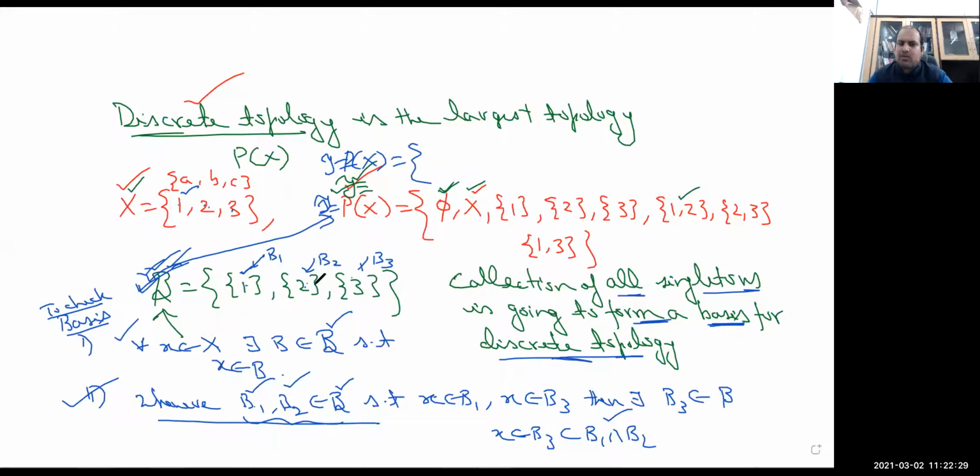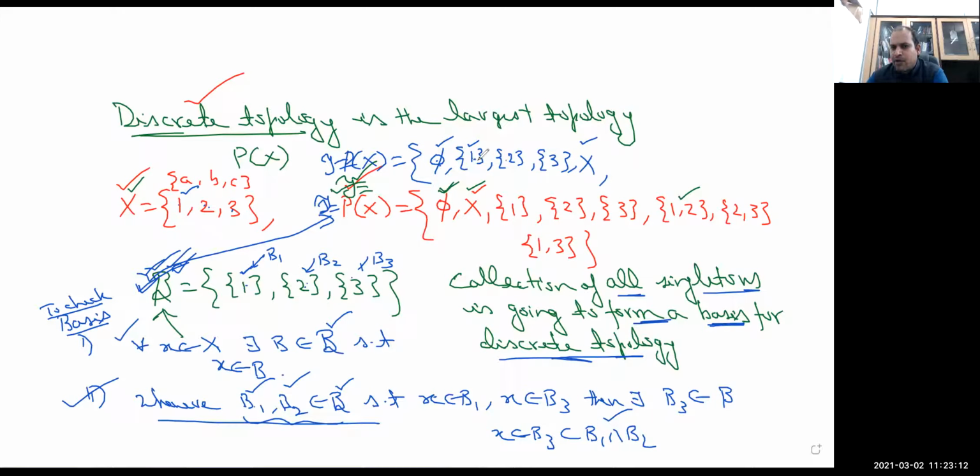whenever a basis is given, and we will also see that this basis may not be unique. But if a basis is given and you want to generate the topology, then write all the members of the basis elements in the topology first. So suppose singleton 1 is there, singleton 2 is there, singleton 3 is there. Apart from this, put phi and X always. There is a reason why phi and X will be there, that we will see. And then start taking their arbitrary unions. See, the union of phi and 1 is 1. So 1 is already there in the set. Repetition is not allowed, so no need to rewrite it.